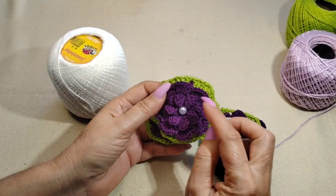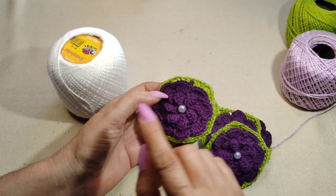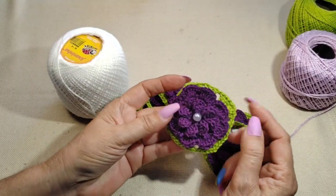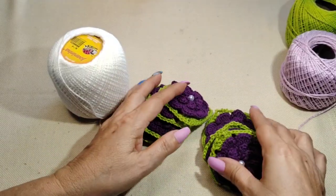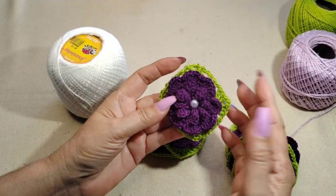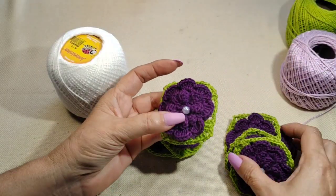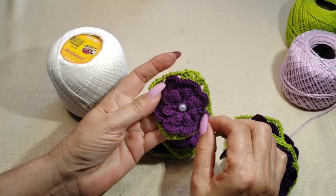If I have time, I'm going to do the tutorial on here. If not, I'll refer the link to this flower that I already have. The only difference is I've done it with 3 petals and not 2 on that tutorial. So it's the same concept, except I had added another one. The tutorial is done. So if I don't have time to do it here, you can just do the second